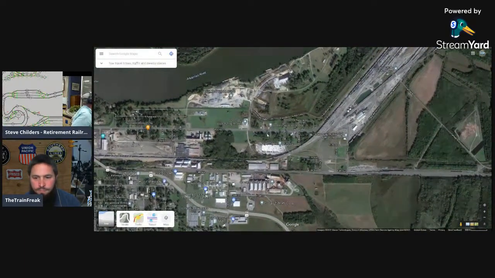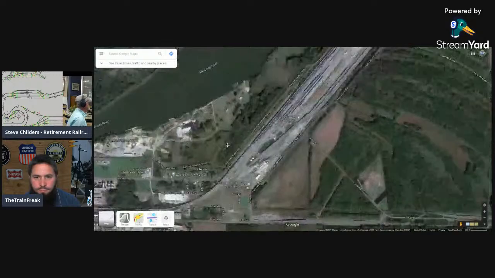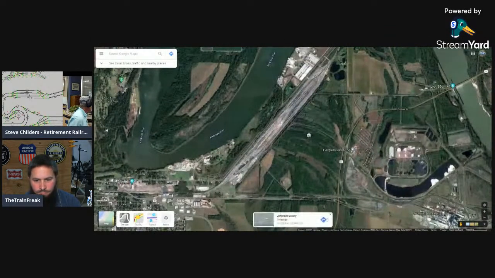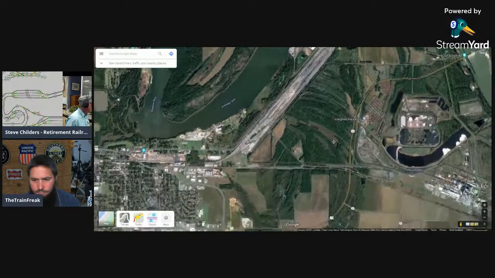I never realized it as a kid, but there was a turntable in my hometown. And it wasn't until within the last year, being on one of the sites,